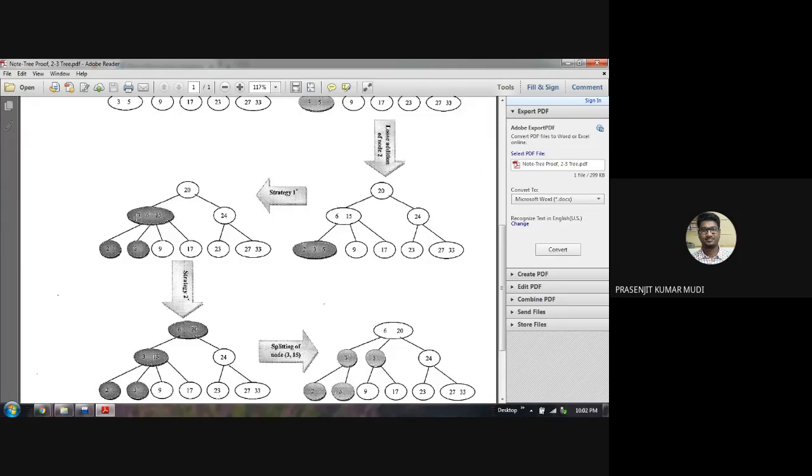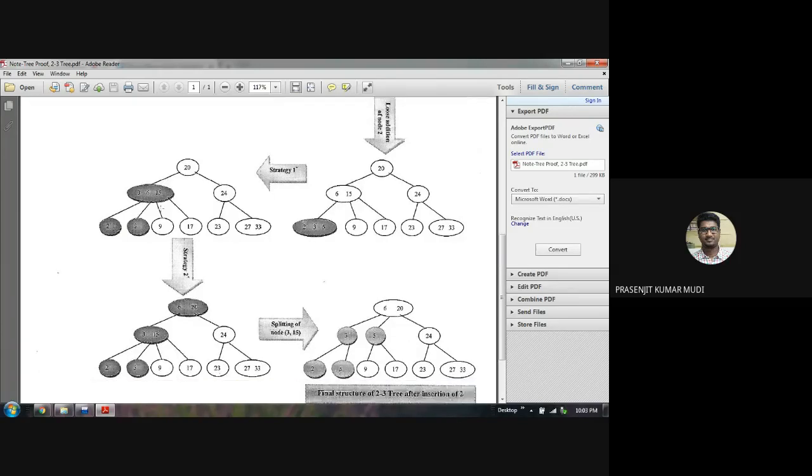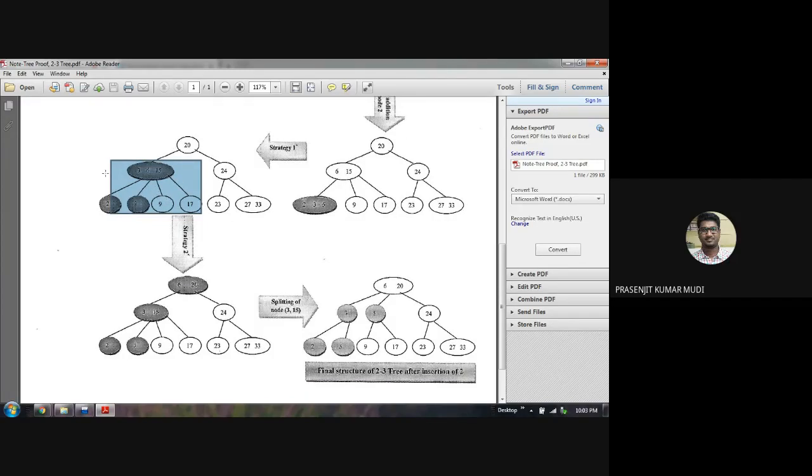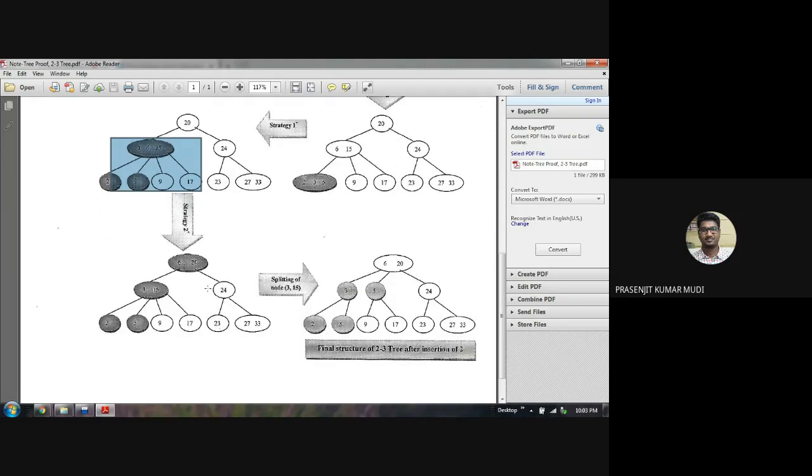So this node contains 3 data fields, 3 6 15, but its number of children is equal to 4. So somewhat this portion of the tree is good, because if a node has 3 data fields, it must contain 4 children. So that is correct. But again, this is not done yet, because it's a 2 3 tree. So what happened then? Then second strategy is,